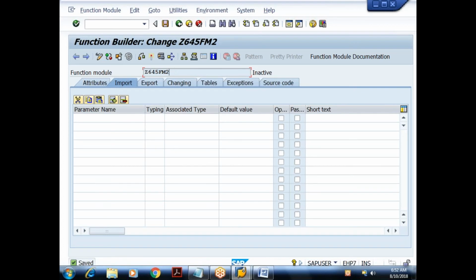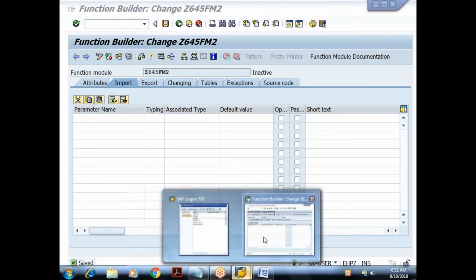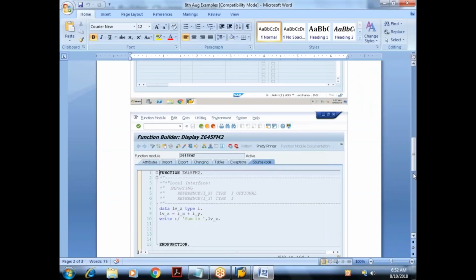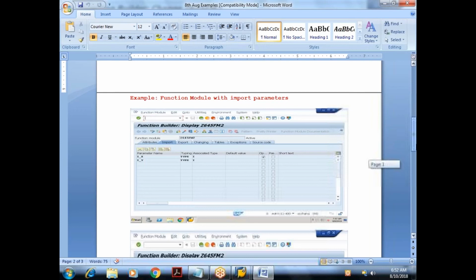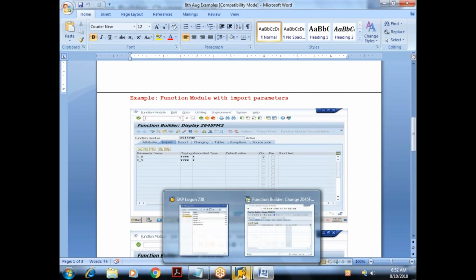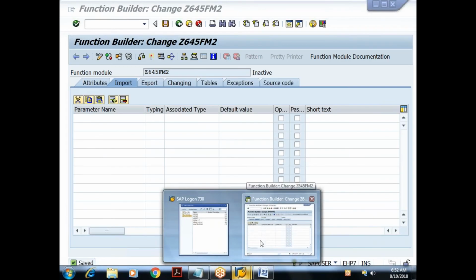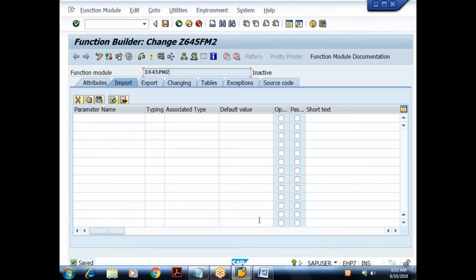In the last example, we are not returning any values from the function module, which means we don't have any export parameters. What is the purpose of export parameters? They are used for returning the values. We are only importing in the last example. Now I want to import two integers as well as export two integers. One parameter should contain the sum, another parameter should contain the difference.